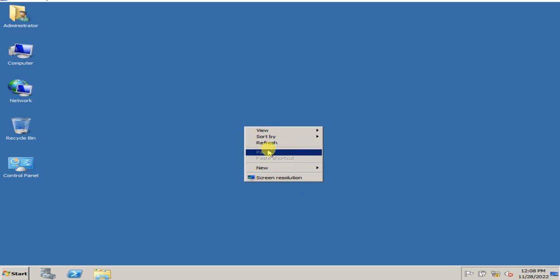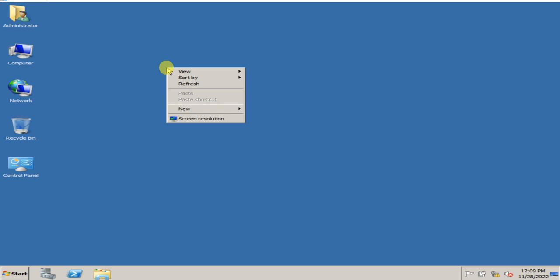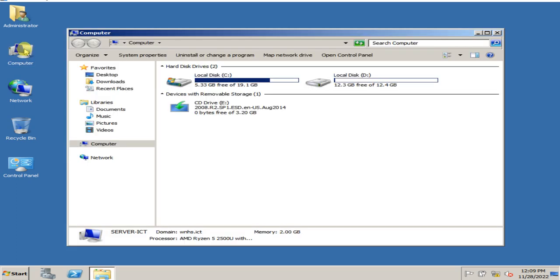Alright, so at this point we will be doing the folder redirection. We are done adding rules, and right now we will do folder redirection. We will create a folder and then create a user as well, and later on we will connect the client to the server. First, we will be opening My Computer, and we intend to install the folder in drive D,